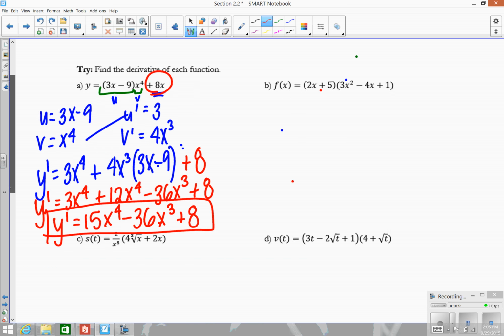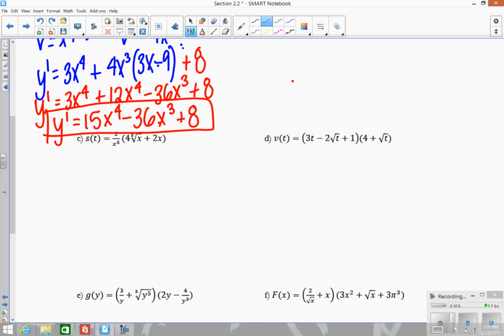So let's look at one that's a little bit more complicated together. So for this one here, for C, that's going to need a rewrite step first because here I have a product, this times this. And you could go ahead and distribute it through if you wanted, but I think then the numbers or the letters and the variables become more complicated. So what I would do is just rewrite it first, and then we'll apply the power rule. So this is going to be 2x to the negative fifth, since the 5's in the denominator, times 4 times x to the 1/3 because it's a root,